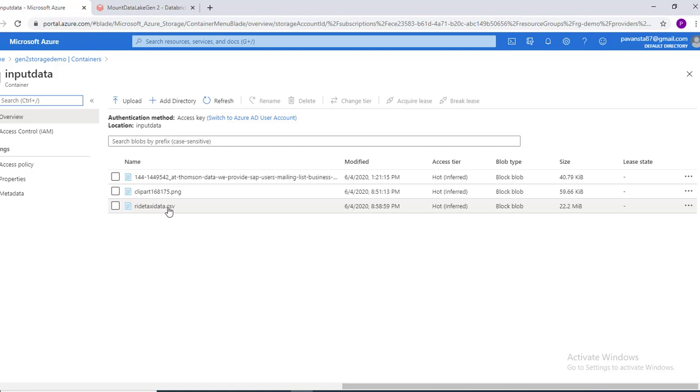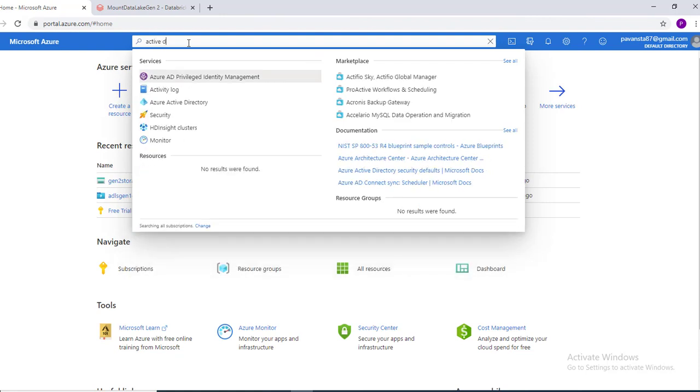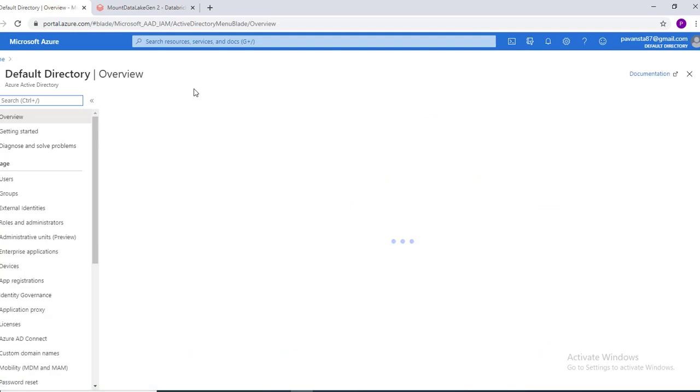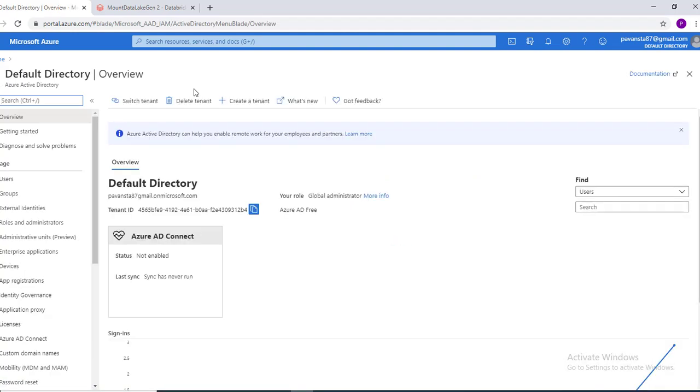Now I will search for Active Directory. In Active Directory, click on App Registrations.